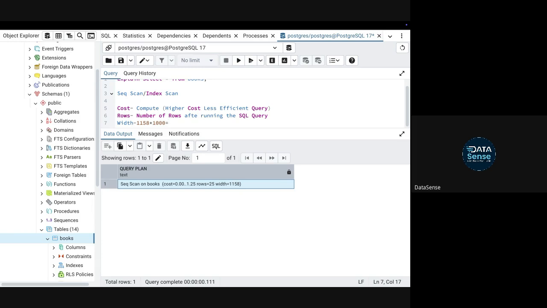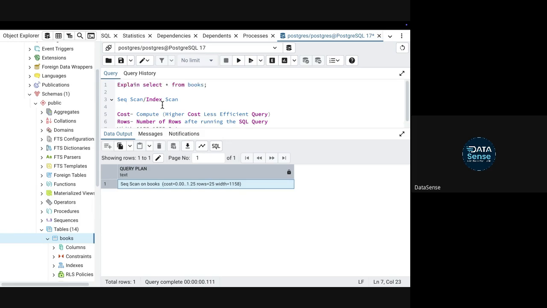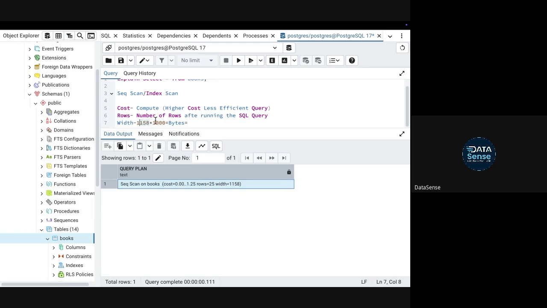Okay, so bytes. So what does it mean? When you run this data set, select star from this table, it is going to take 1158 kb of data. So again, how is it important for us? It means that higher width size means more data, means less efficient query.